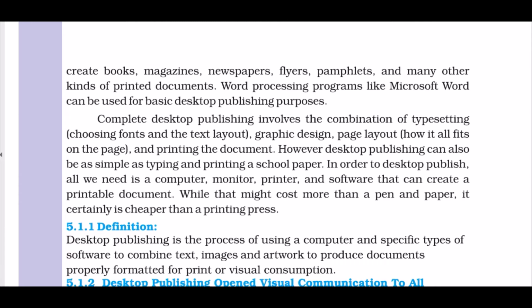Complete desktop publishing involves a combination of typesetting, which is the way your font or page text layout should be, graphic design, images, and page layout, how the content can be fitted in a single page. However, desktop publishing can also be as simple as typing and printing a school paper.